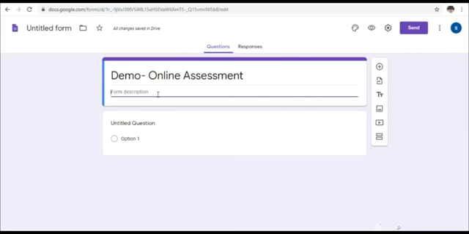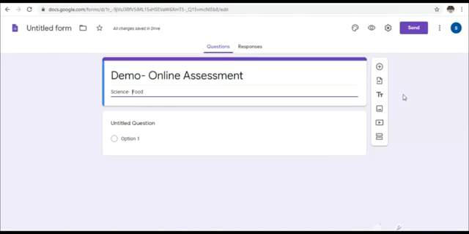I'm doing science, so I am giving it as science here. Or if you wanted to mention any class or lesson name, you can give. I'm giving the lesson name as food. I'm going to take the questions from the topic food.